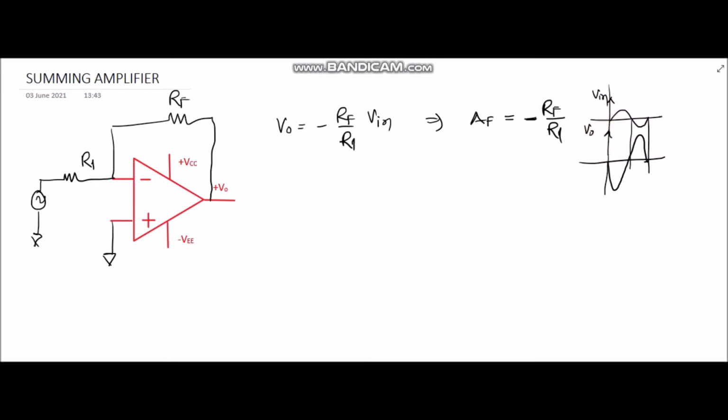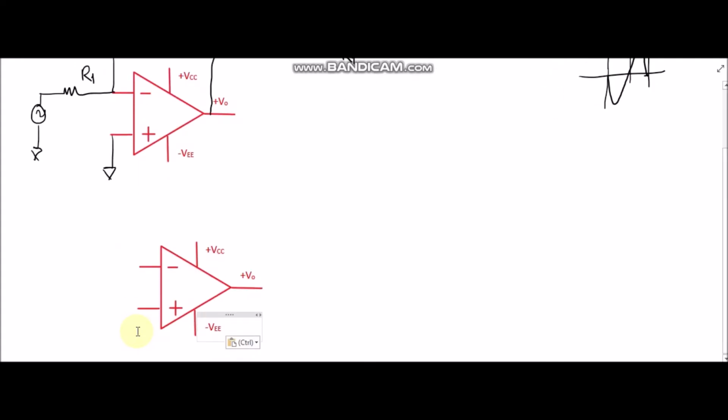Now with the same concept, if we go for the summing amplifier, there is a very small change in that circuit. You just connect as many inputs as you require into this path.